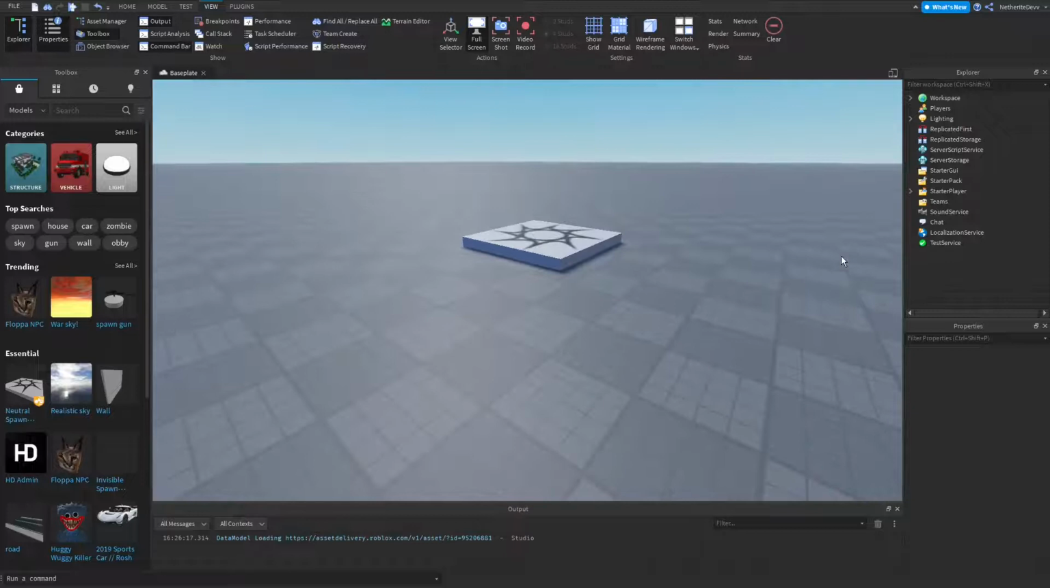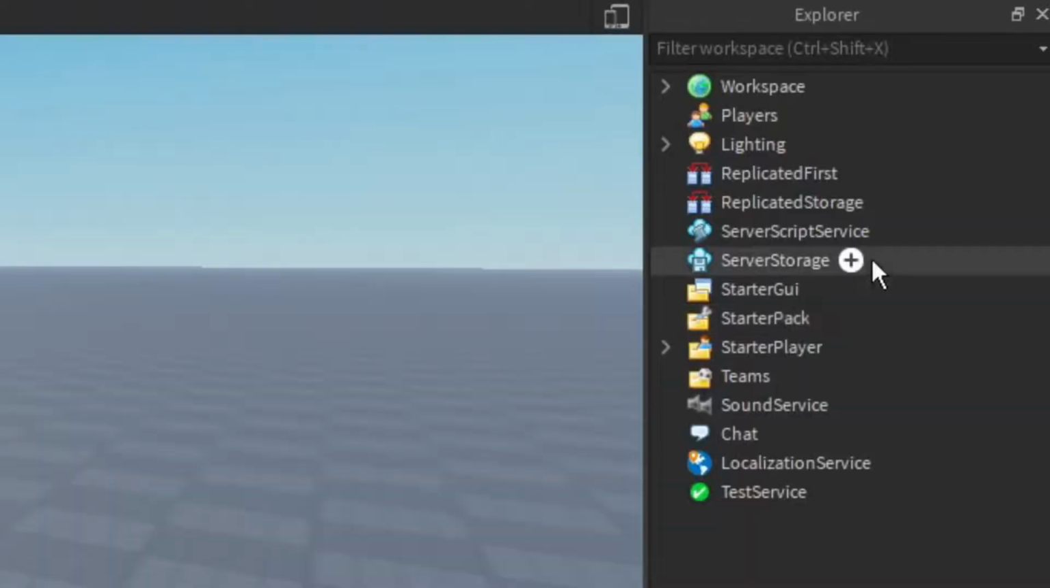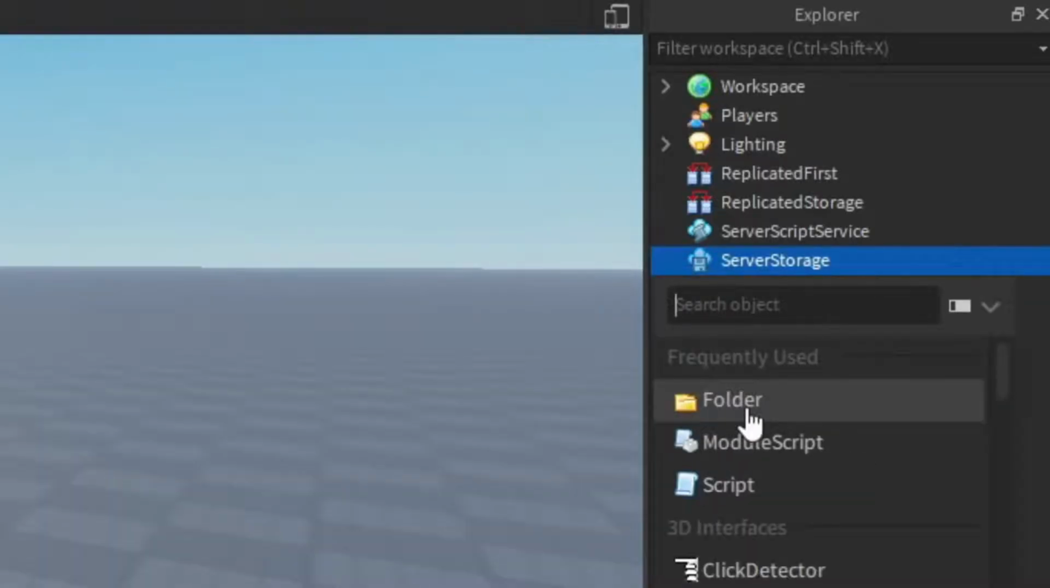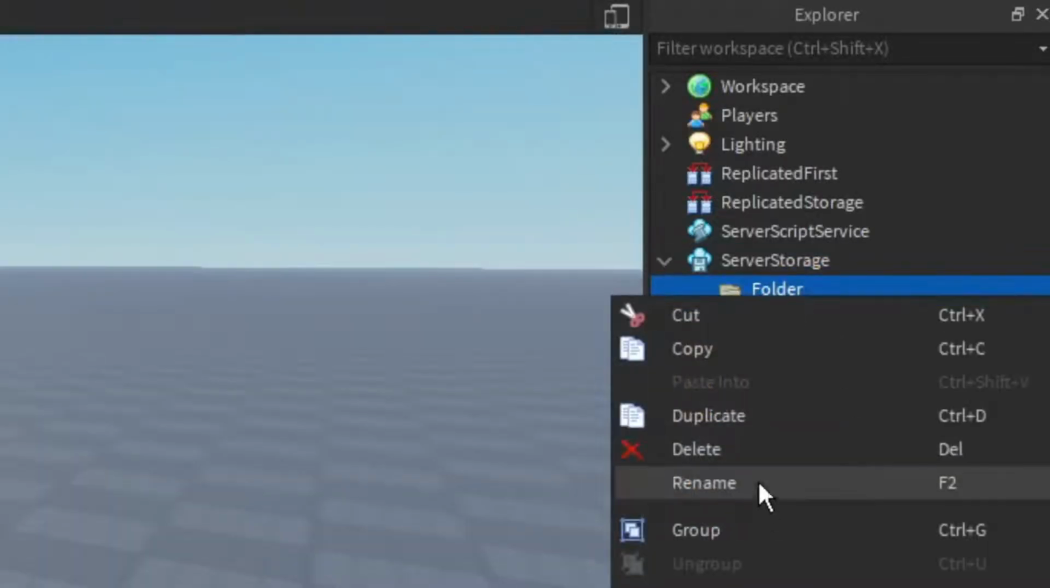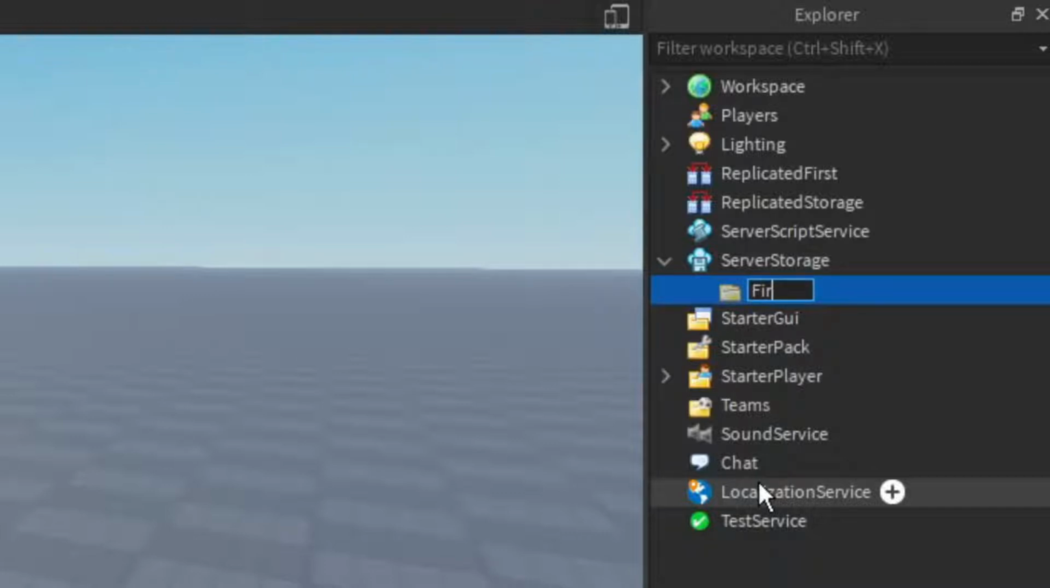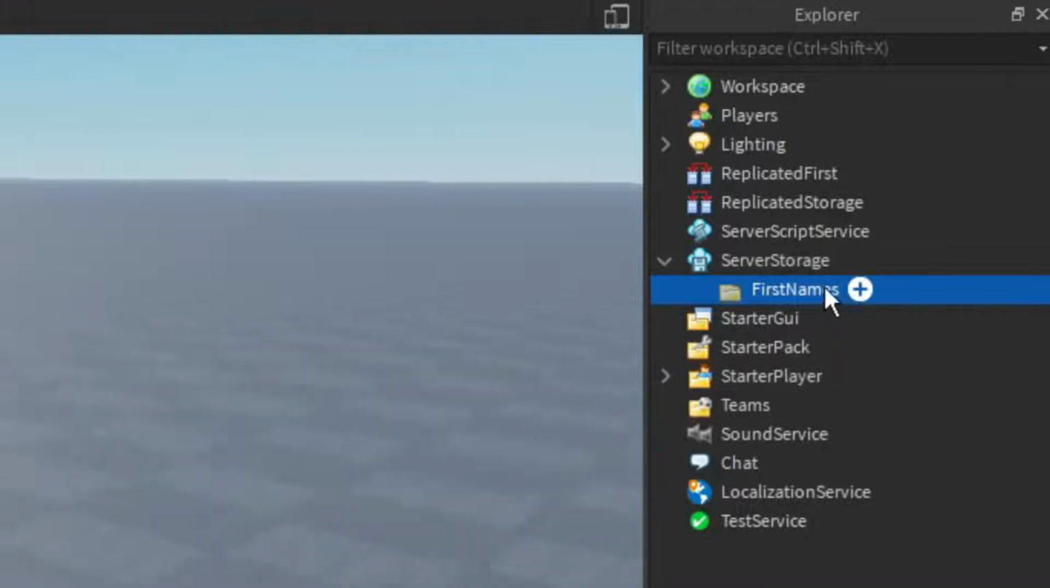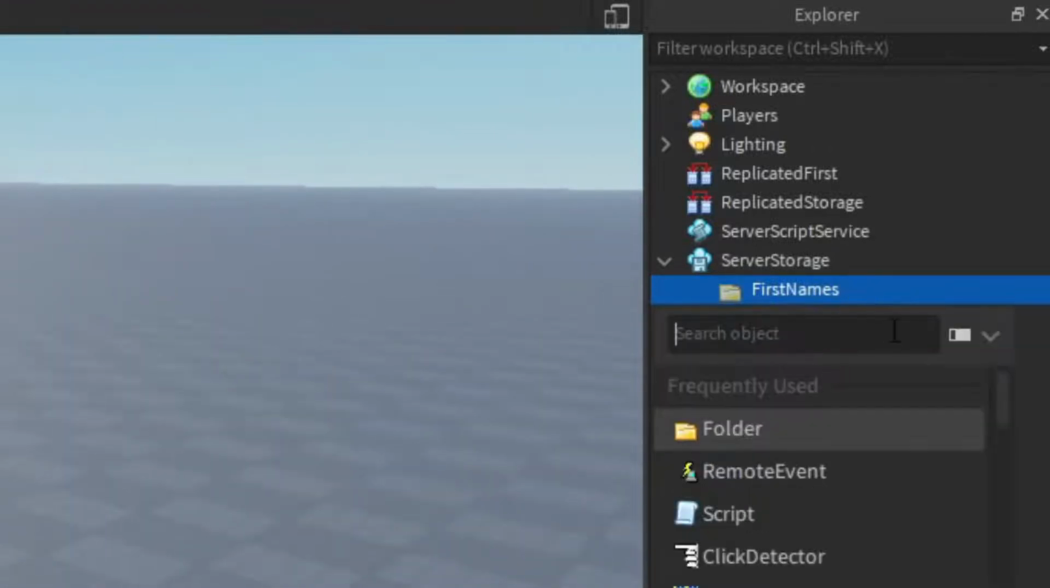Alright guys, I'm in my base right here, and the first thing we're actually going to do is create our first and last names that our NPCs can be named. So in server storage, you can go ahead and add in a folder, and we can rename this to first names. Alright. In this first names folder we just created, you can click the little plus sign and add in